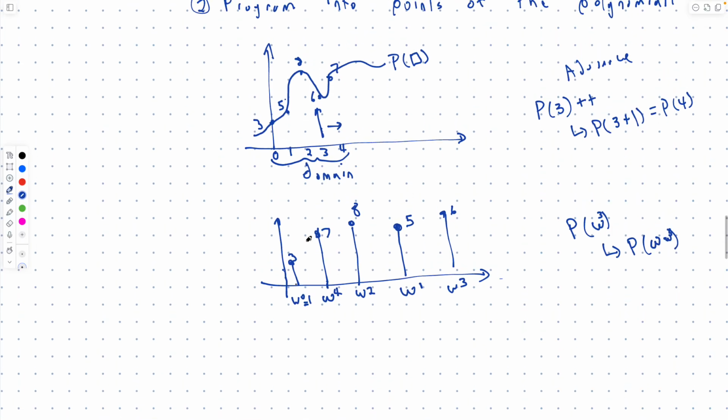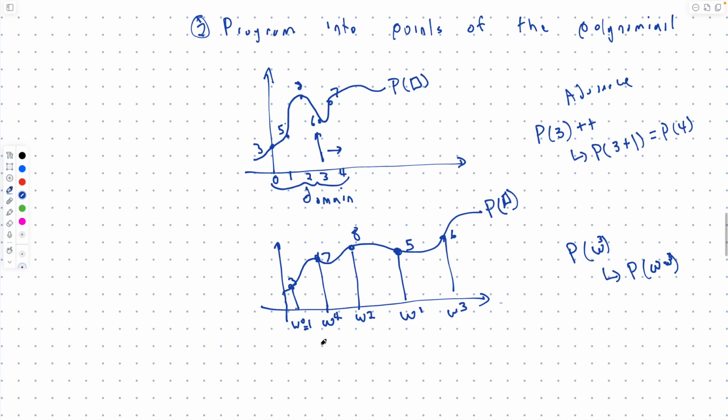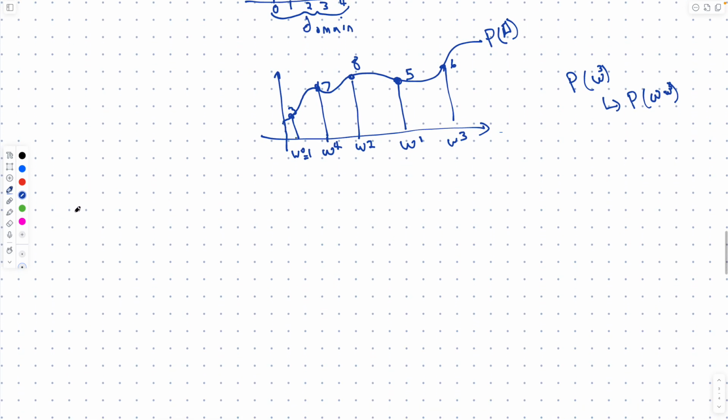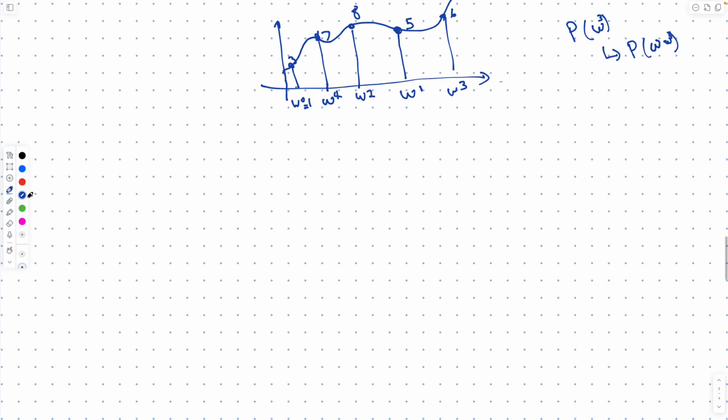Okay. So what I do is I interpolate a polynomial through this. And this is now my polynomial. So let's talk about this omega and where it comes from. So I'll just put a side note here. How are we